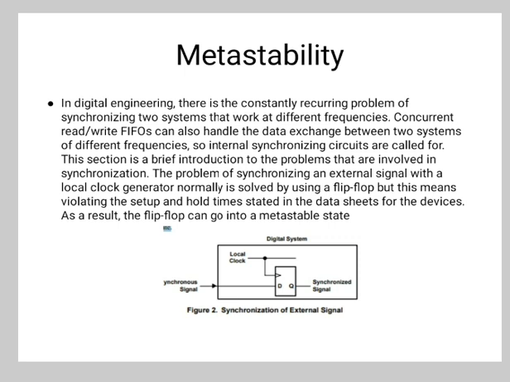Now, what are the causes of metastability? It occurs because of violation of the setup and hold time in a flip-flop, clock skew resulting from different path lengths of the clock signal, slower operating frequency of a peripheral, and asynchronous or rapidly changing input. Now, how to reduce metastability? It can be reduced by using a synchronizer, using fast flip-flops, cascading flip-flop synchronizers, and reducing the sampling rate. Also, we can avoid inputs with low dB by dt, avoid asynchronous input and reduce clock skew.